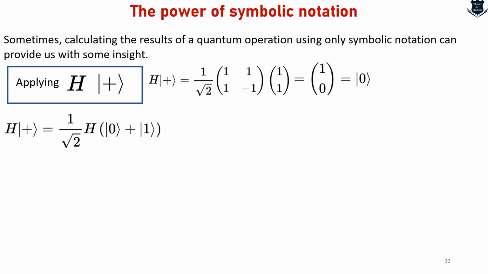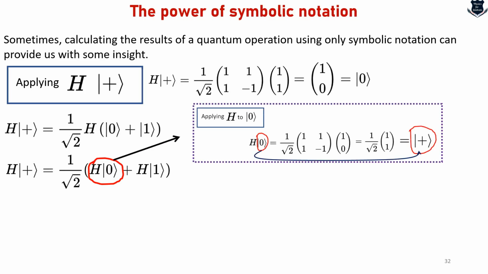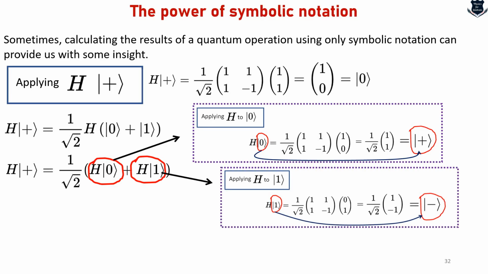get this kind of a thing. So if you do the further calculation, we get this. Now I take the Hadamard matrix H inside the bracket, and I get this kind of a state. What becomes very important is that this H with the vertical bar 0, which comes already from this, means I can say that this part is equal to plus, and this H1 already comes from this, that is minus. I hope you're getting my point.